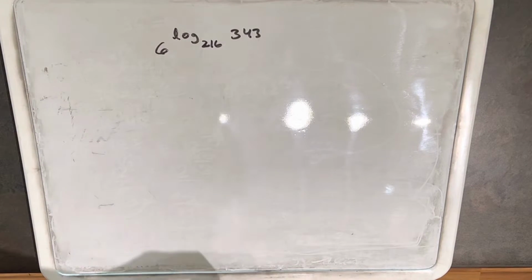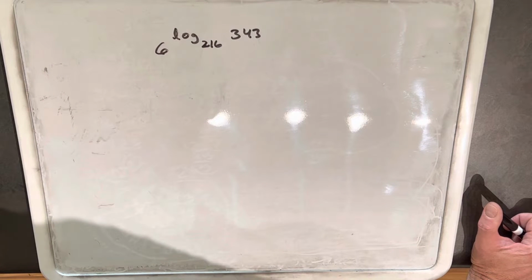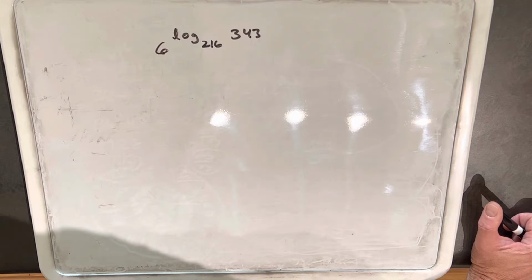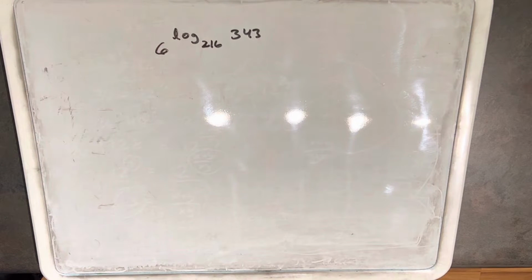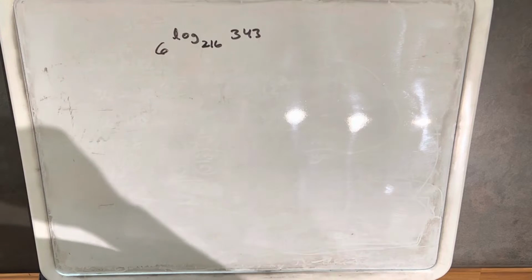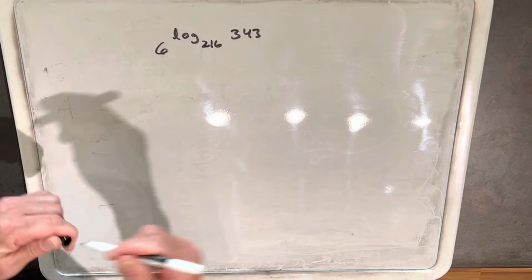Hey, so I have a problem on the board here. I have 6 to the exponent log base 216 of 343. And I thought this would be a good way to demonstrate some log properties, so let's get started. What I want to do first, so a lot of times a problem like this will have the same